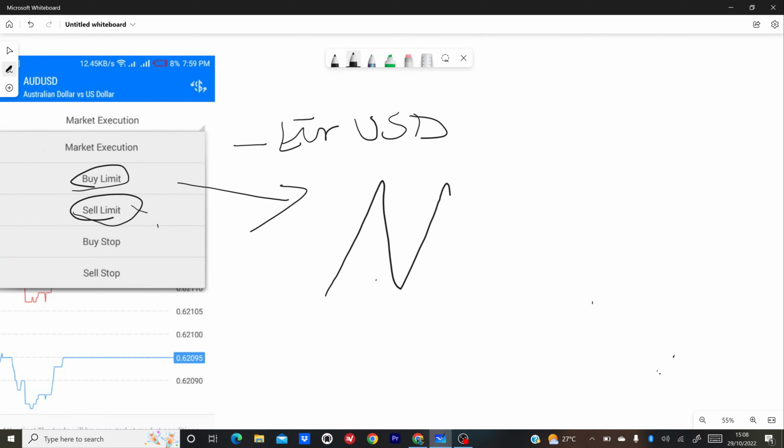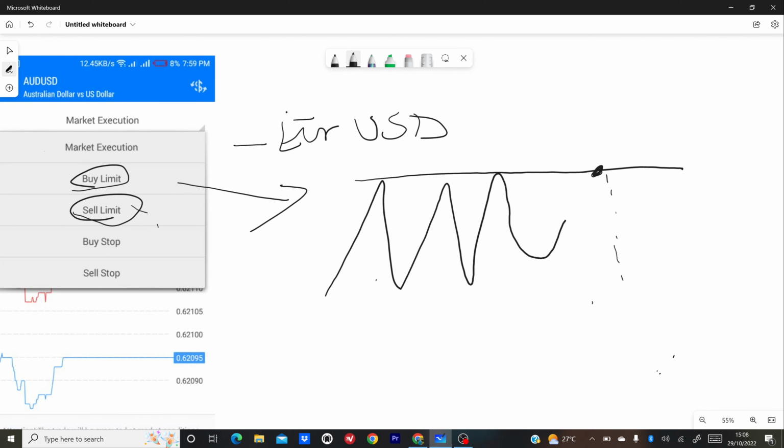Let's see, assume the market is going this way, and this is the market. Assume now, because this is a trend, the price is going to come over here and then the price is going to go down. So you are predicting that the market will reach this point and then start going down. So this is a sell because you're predicting the sell. Okay, sell offer. So what you do is to put the